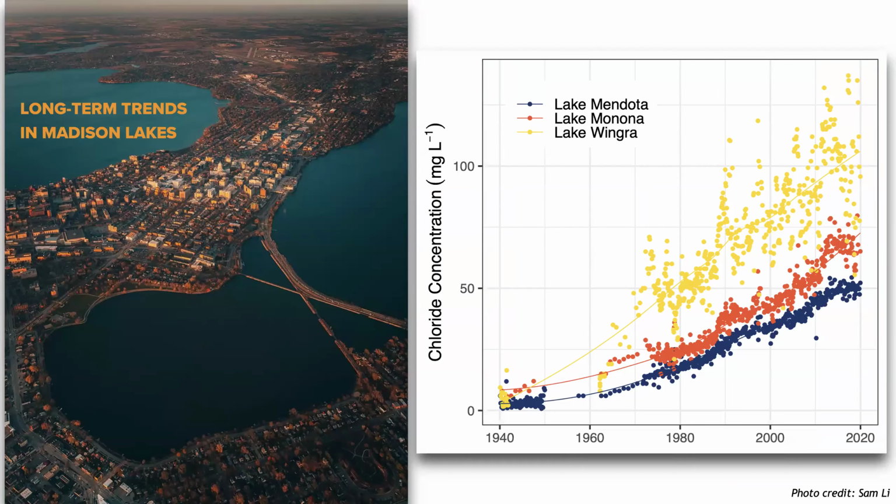What we see generally in the Midwest is that lakes or ponds near roads that are being salted have been getting saltier over time. This is data from the lakes in Madison, where I live, showing chloride concentration going up through time. Back in the 40s, it was pretty close to zero. Since then, it's steadily increased. We get some big swings in wet years, when it decreases because lots of rain flushes that chloride downstream.